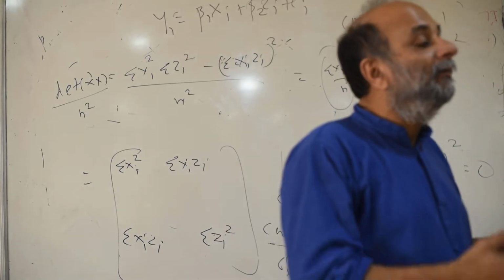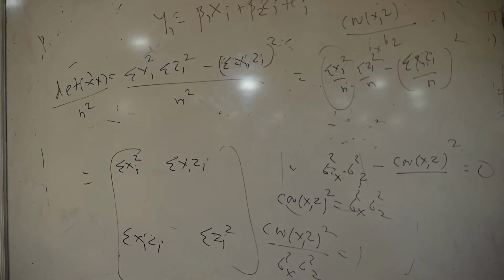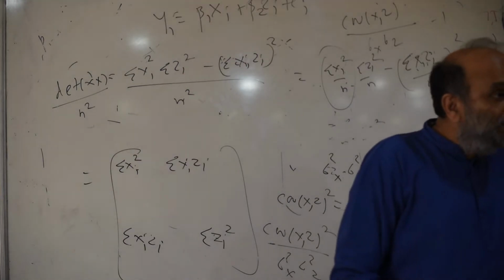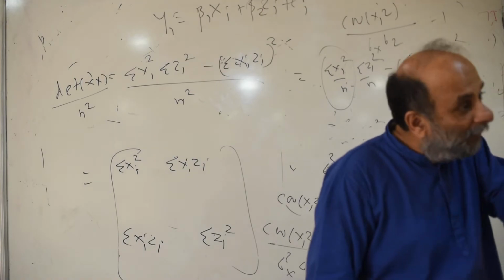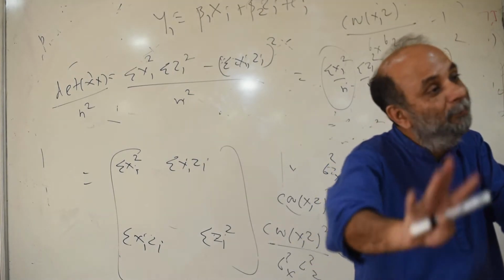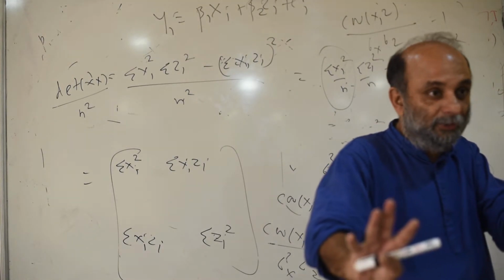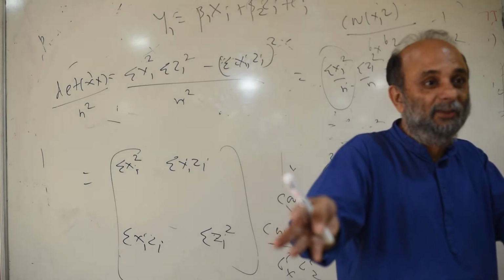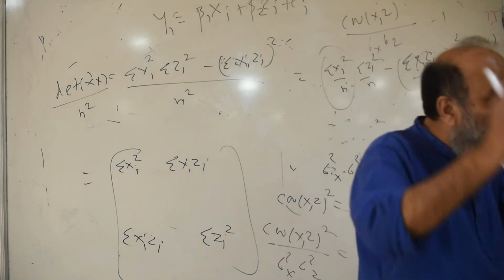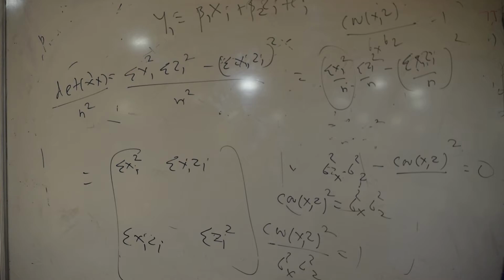But if in your data every time the father's education changes, the mother's education also changes by the same amount, right? Perfectly. Because they're perfectly correlated, you will never be able to answer the question how much does a child's educational attainment change as the father's educational attainment changes, keeping the mother's educational attainment constant. You will never be able to separate out those effects if x and z are perfectly correlated.